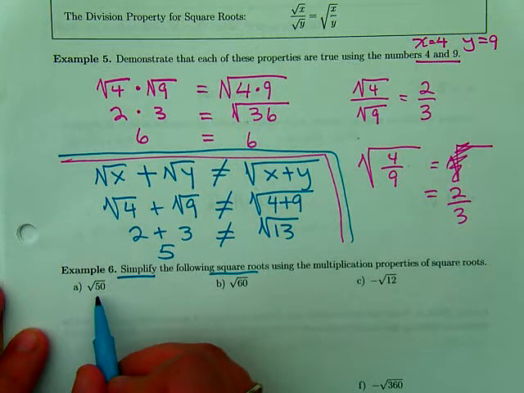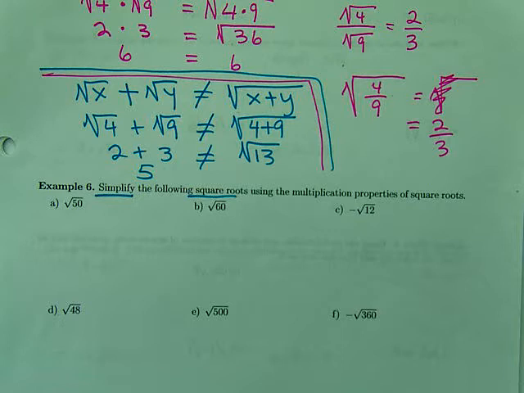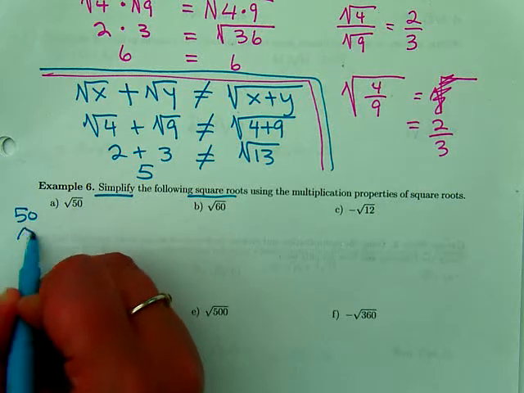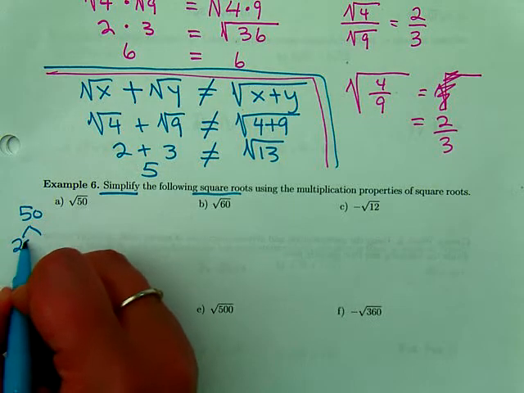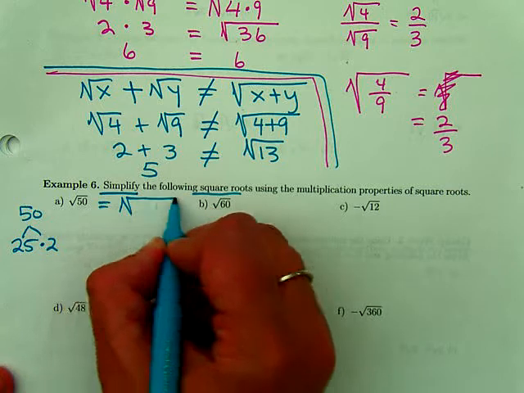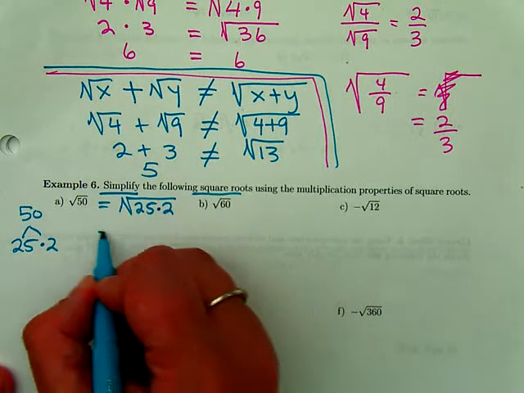So what we're going to do is look at this number, the square root of 50. We know 50 is not a perfect square. Do we all agree about that? So it'd be irrational. But there are factors of 50. Give me two numbers that multiply to 50 and make one of them a perfect square. 25. 25 times 2. So that means we can separate this into 25 times 2,